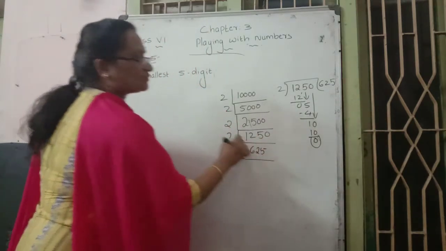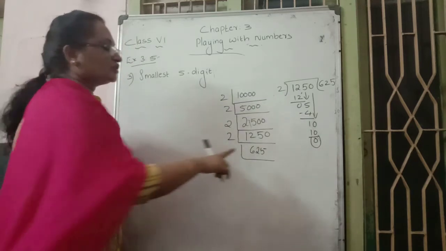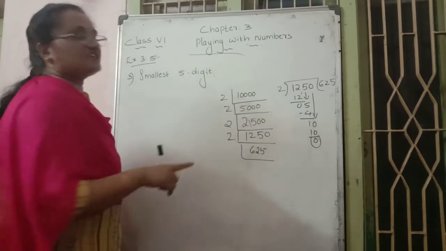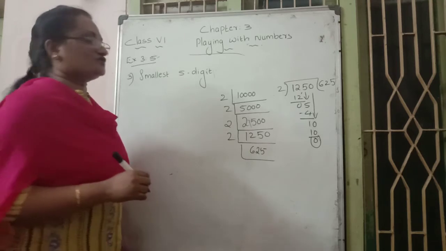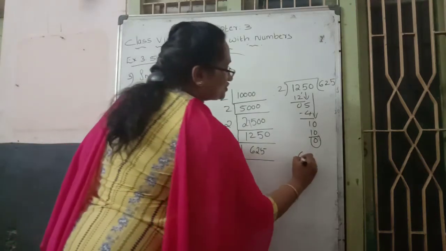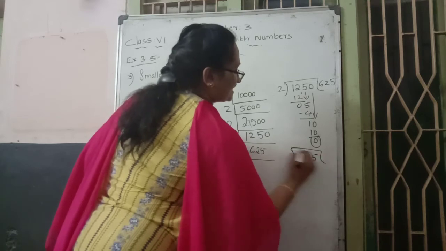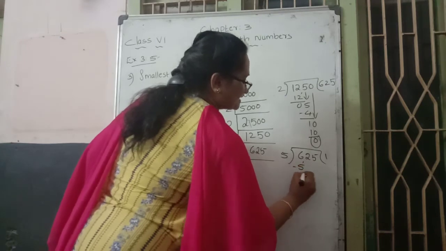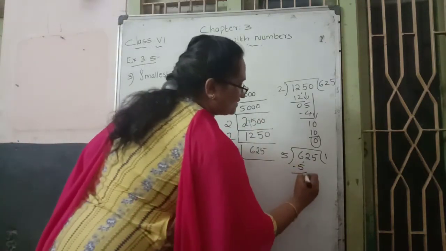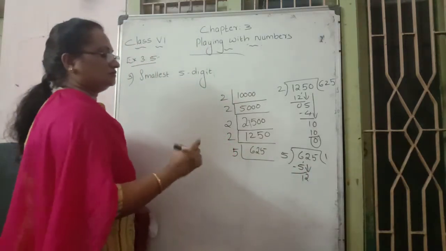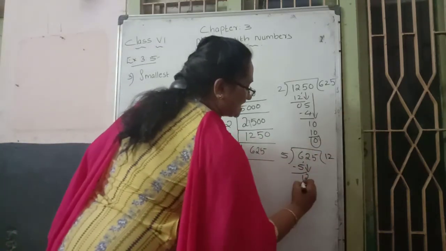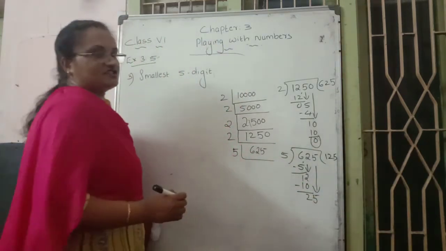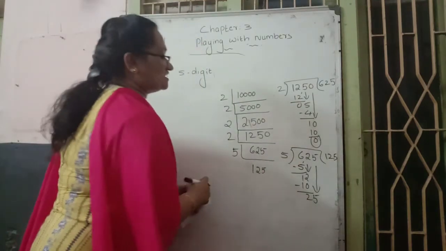625. Again, is it possible to continue with 2? No. The unit place is 5, and 5 is an odd number. That's why prime number 2 is not possible. So which number is possible? 5 table is possible. We use prime number 5 and divide. So 625 divided by the prime number 5. First number 6, 5 table, properly note that 5 into 1 becomes 5. 6 minus 5 is 1. Next place number 2. 12, 5 table 12 is not there, 2 times is 10, subtracting 2. Next number, bring down 25 means 5 times. So the answer is 125, our quotient.